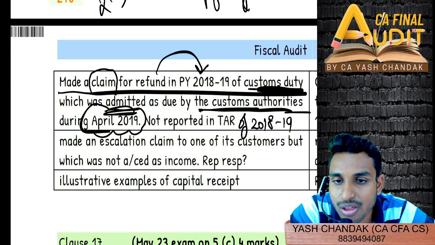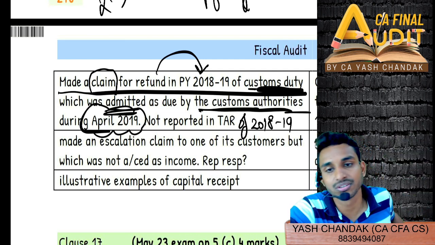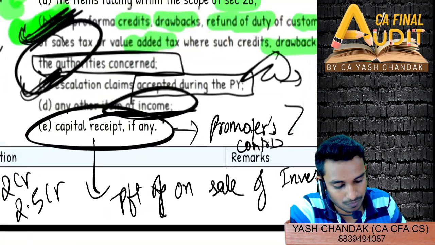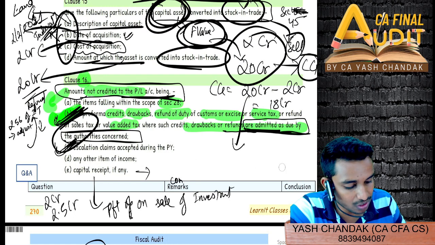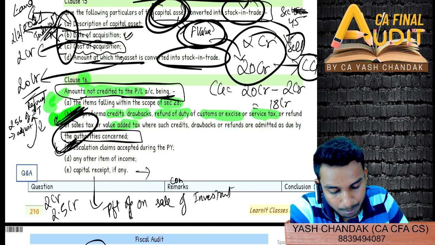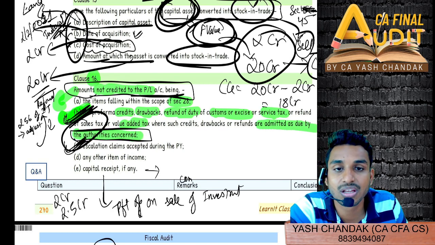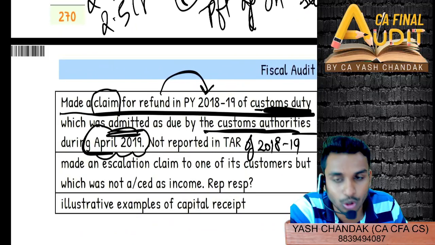Clause 16 sub clause B. Just read that again. I'm not talking about accounting standards. When it is not considered in P&L. Yeah, of course it is not considered in profit and loss, but when they are admitted as due by the authorities concerned. So when this refund has been admitted by the authorities, Nikita,